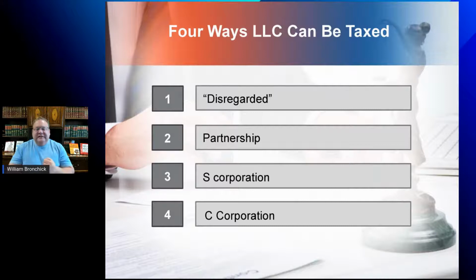Okay. A C corporation is the fourth choice. Although few people do this, most people who do C corps just do regular C corporations, but it's a possibility. In most cases, people are going to be either S corp, partnership, or disregarded, depending on the nature of their income, and they may have more than one entity.